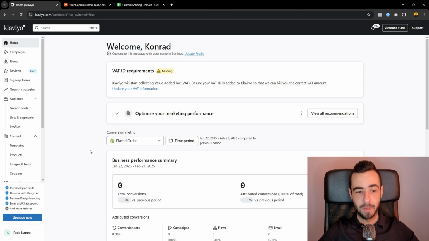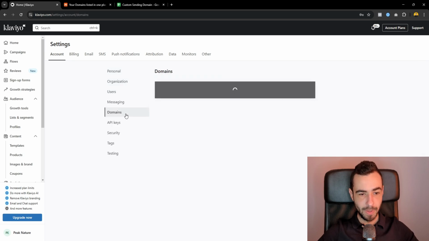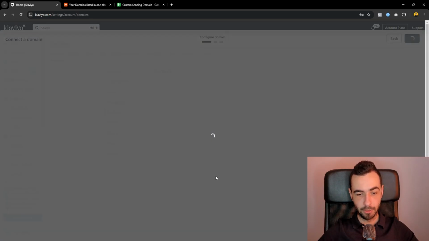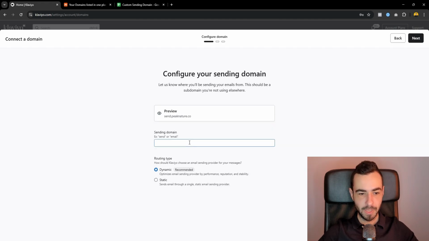If your email is going to spam and your deliverability is bad, the first thing you want to do is set up a custom sending domain. You do this by going to your Klaviyo account, then clicking on your logo and clicking on settings. Then you go on domains and then you click on connect a domain, okay? Then you need to enter your main domain. So in this case, it's going to be peaknature.co because this is my demo store, but you will just enter your domain right there. Then you click on next,